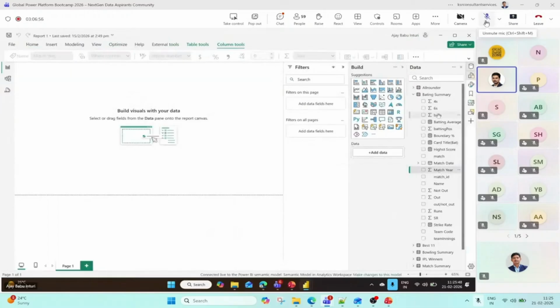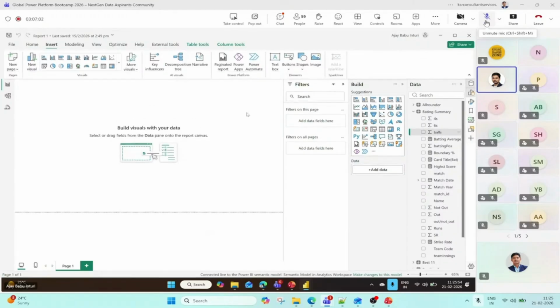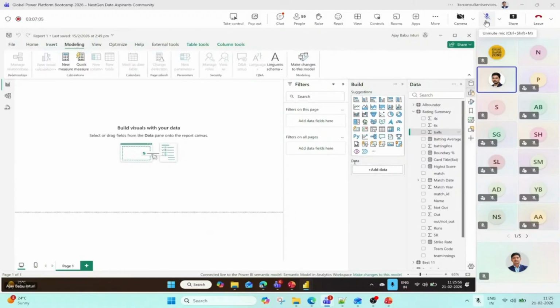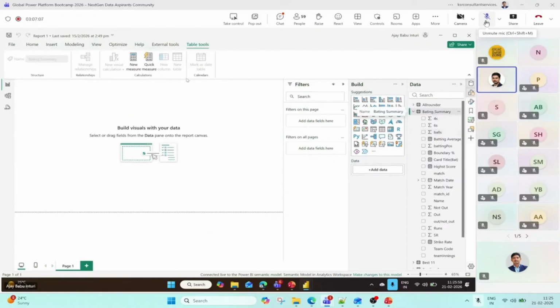Then only it is appearing in our report. So let's say I am going to try to create a new calculated column here. Is it possible? Let's see. I'm clicking the report name and see the new column and new table. It's already disabled for me because the report is a live connection. We need to keep this point in mind. That's why I'm repeating it every now and then. New column and new table won't be allowed in this report. If you want to create a new measure, it will definitely allow.